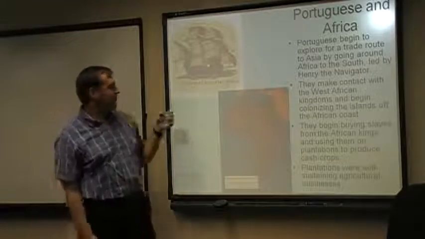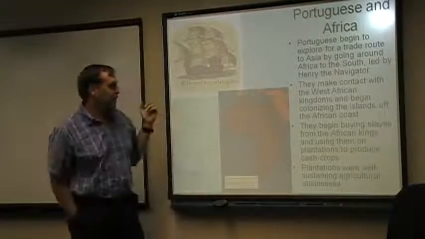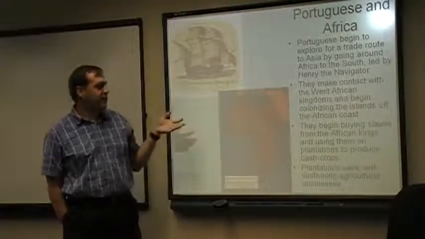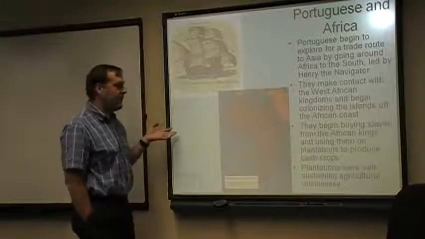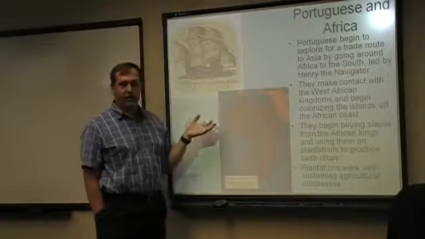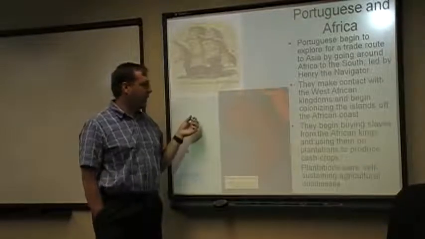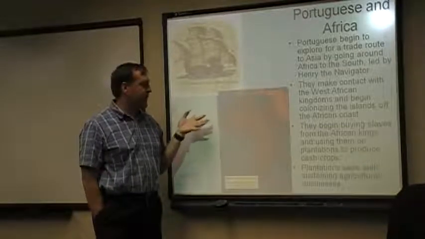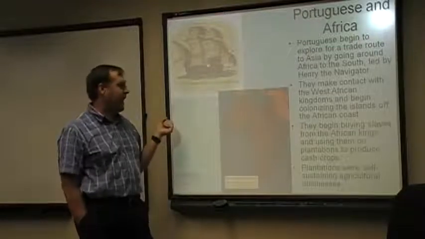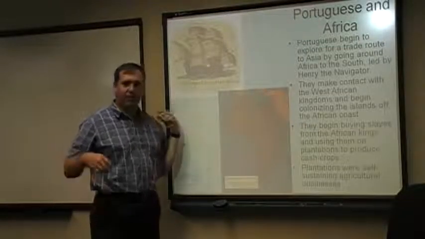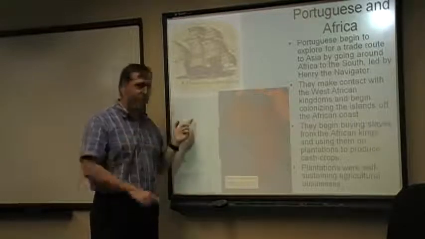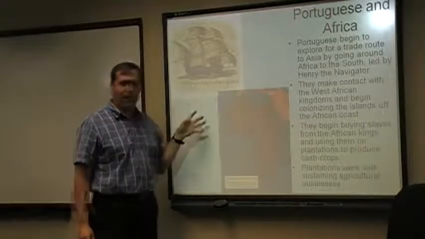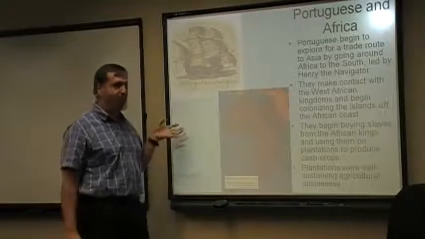So what happens here is as these Portuguese begin to explore the West African coast, this brings them into contact with these West African kingdoms. And they're going to begin the idea of trading with these people. Now, the earliest trade connections that are going to take place between the Portuguese and the West Africans are not necessarily for the idea of making them rich. They're trying to get to China. That's going to get them rich. Africa is an obstacle that they have to deal with. It's a hurdle they have to jump over.